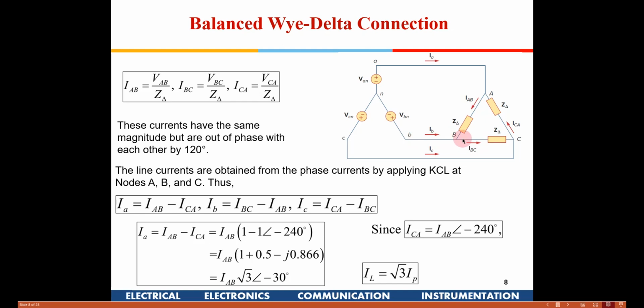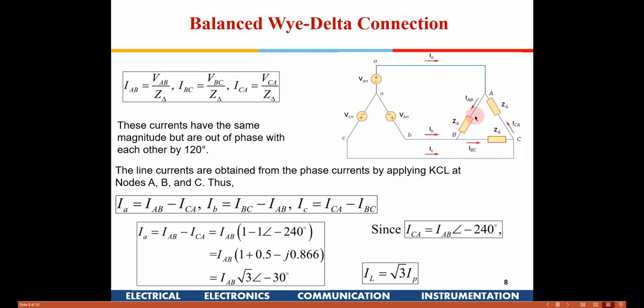Similarly, this is the line voltage, whereas this is the phase voltage and phase current. This is the line current which is coming here. The phase current is between these two elements. Similarly, the line voltage is coming here, and the phase currents are distributed into these two elements. So the phase current is the current going into each of these elements, whereas the line current is coming from the source here.